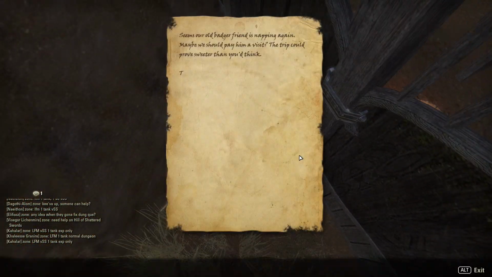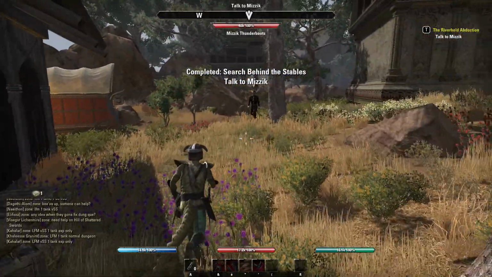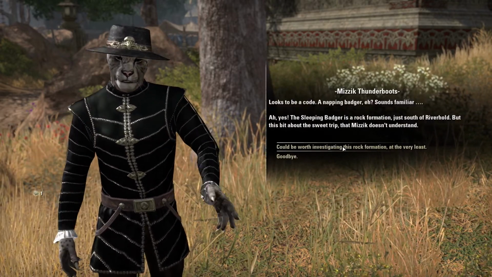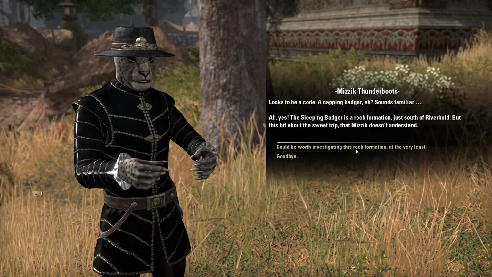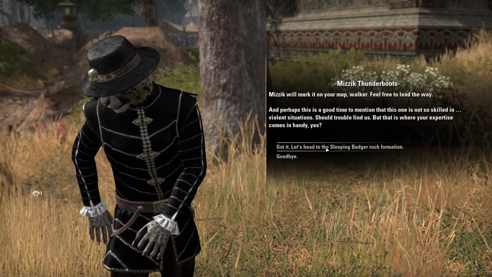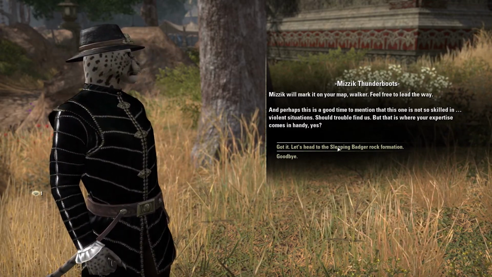Oh, there's a note. Seems our old badger friend is napping again. Maybe we should pay him a visit. The trip could prove sweeter than you think. Saw you heading this way. Find anything of interest? Oh, the stables. Okay. Looks to be a coat. Napping badger. A napping badger, eh? Sounds familiar. Ah, yes. The sleeping badger is a rock formation. Music will mark it on your map, Walker. Feel free to lead the way. And perhaps this is a good time to mention that this one is not so skilled in violent situations, should trouble find us. But that is where you're...